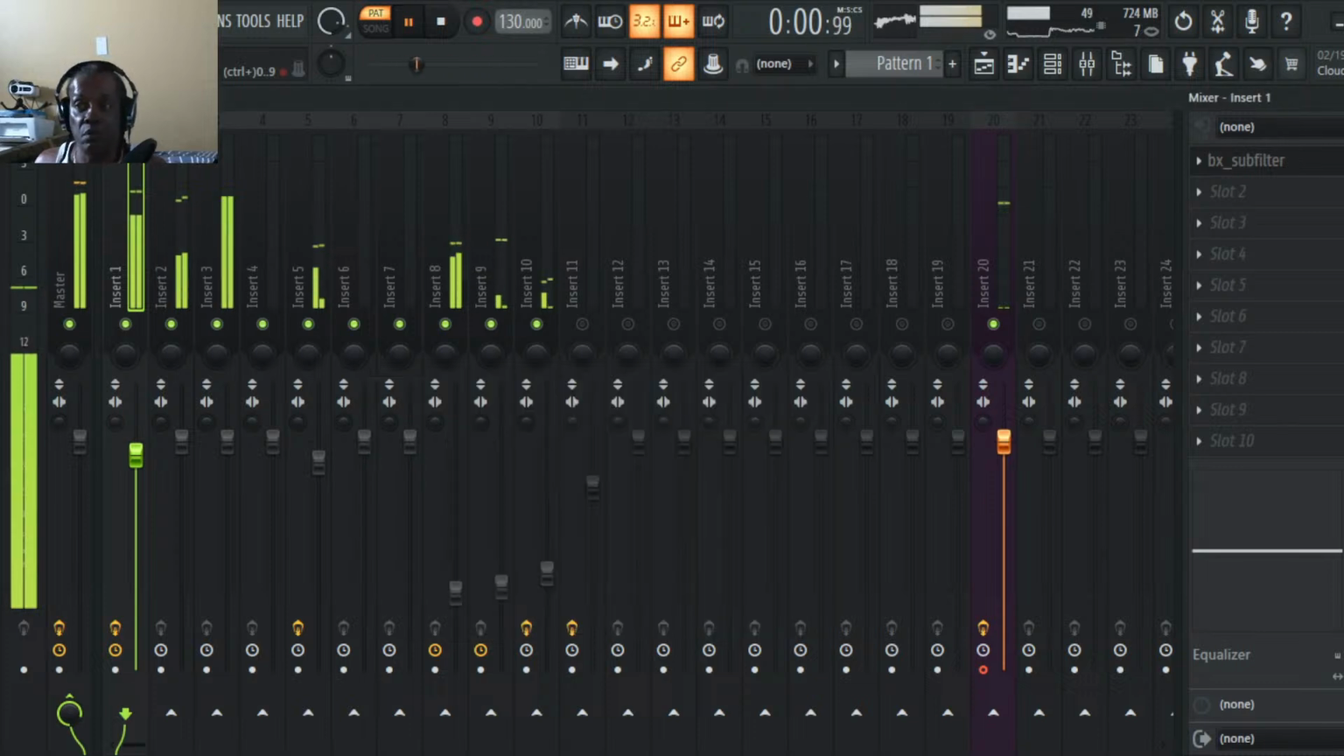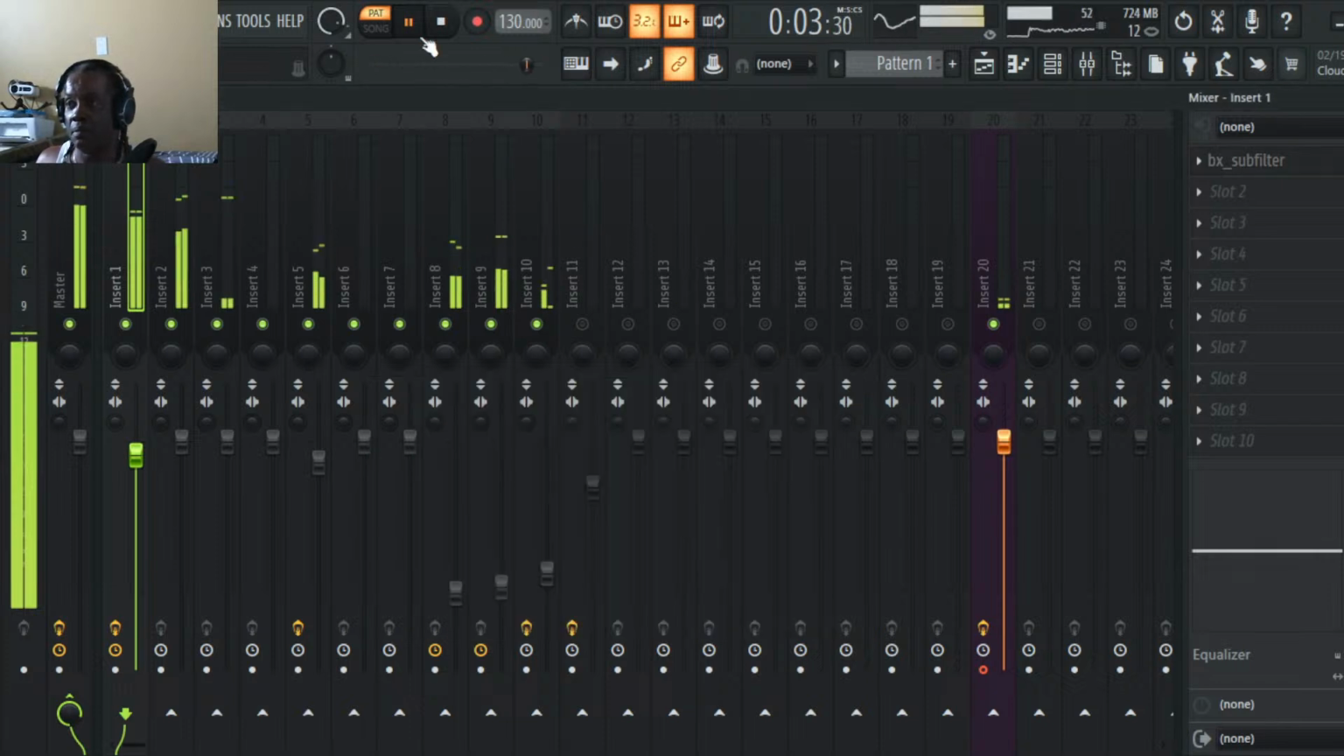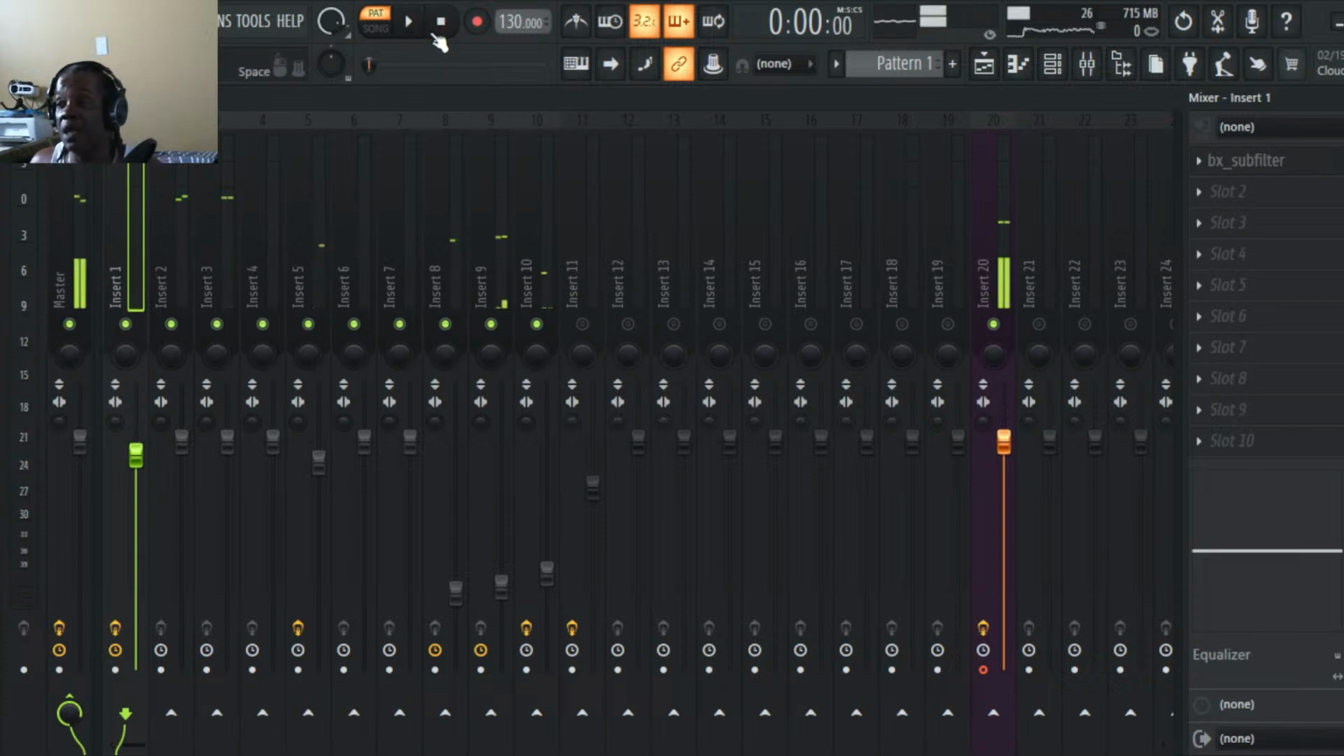Without. With. See, and then plugins. Another thing you're gonna need after you begin to grow into what you're doing,